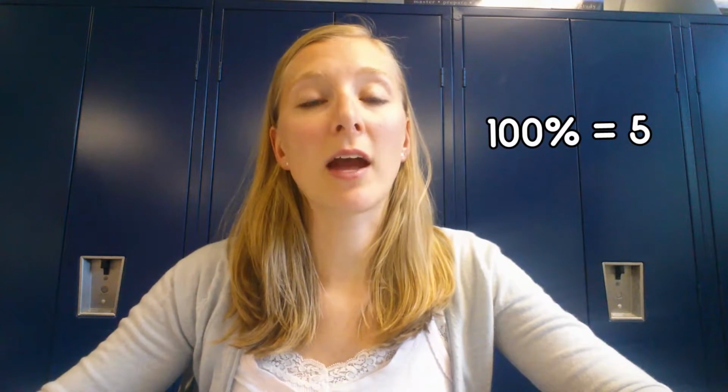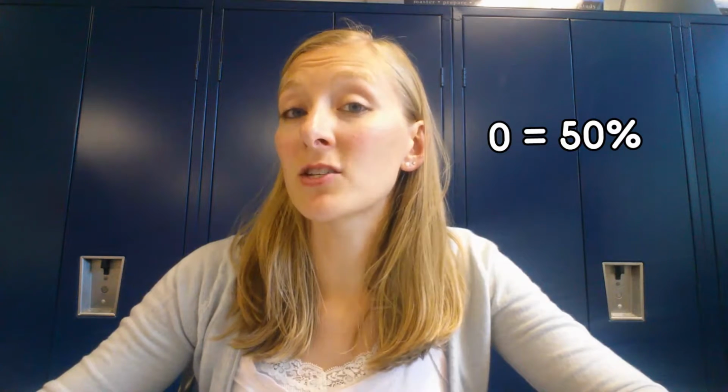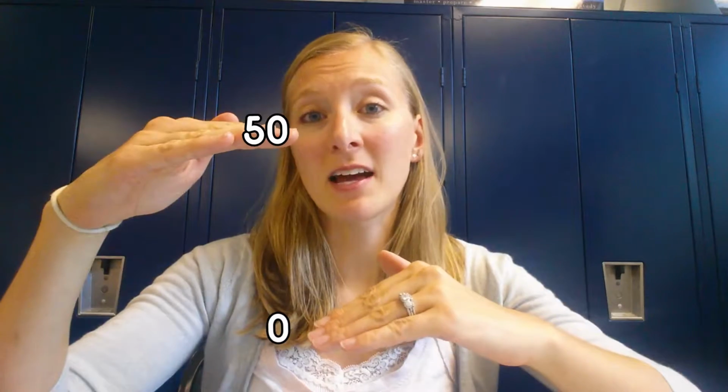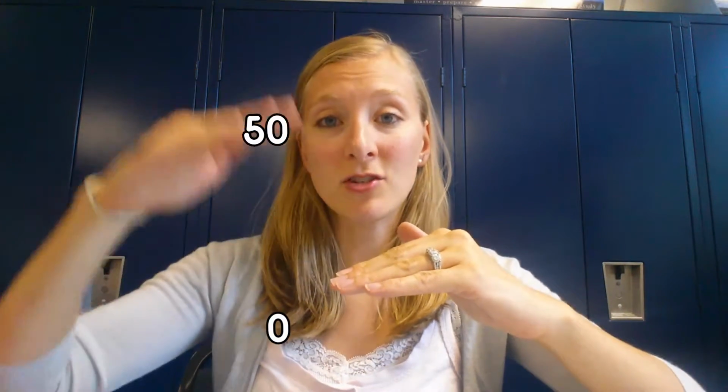So how is that going to look in the grade book? Well, instead of it just being like a 0, a 5, a 3, those are going to correlate to a percentage. So if you got 100%, that correlates to a 5. If you have a 0, that would be correlated to a 50%. Now, the reason that I do a 50% as the lowest score possible has to do more with the mathematics behind it. So if you think about a 0 to a 50% is a 50-point range there,